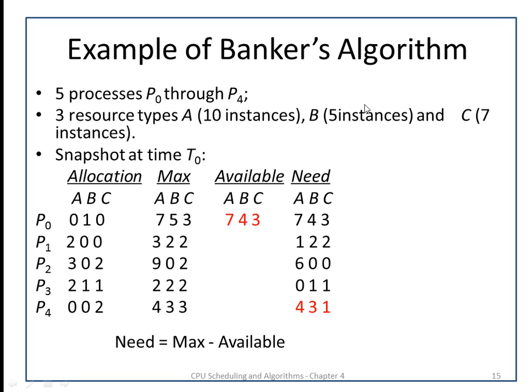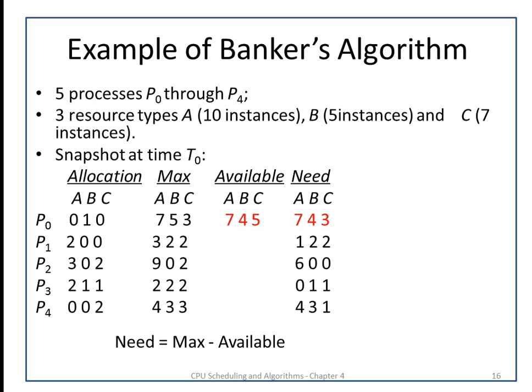So the new available resources will be 7, 4, 3. Now these available resources can satisfy the need of P4. So that will be assigned to the process P4 and it will perform its execution. After completion of the execution, it will return back all its allocated resources to the system. Now the new available will be 7, 4, 5. This new available can satisfy the need of P0 now.